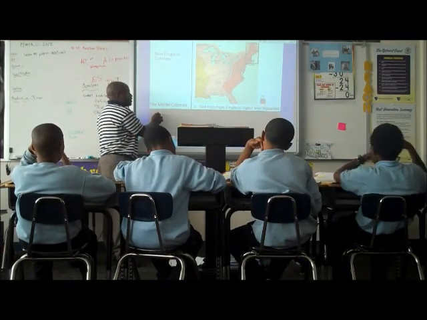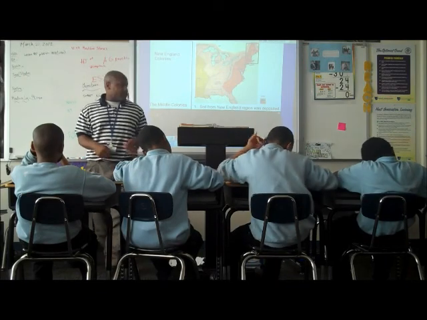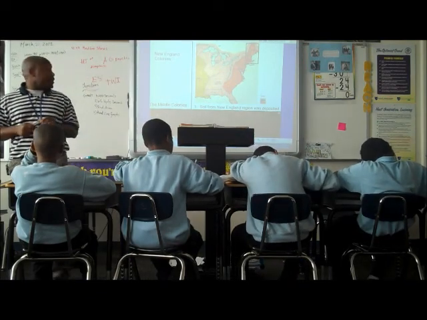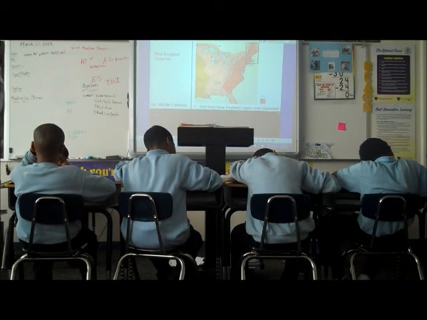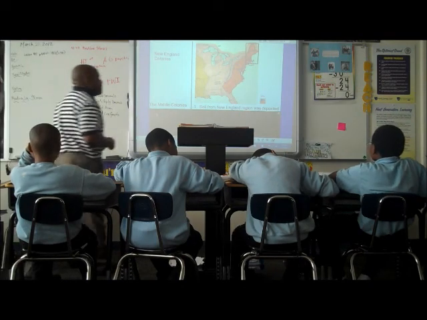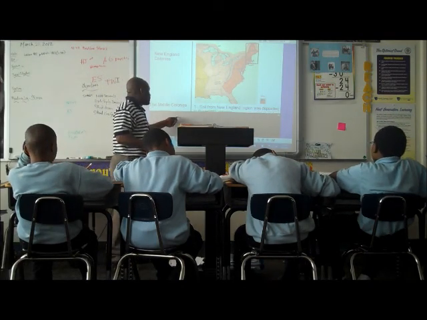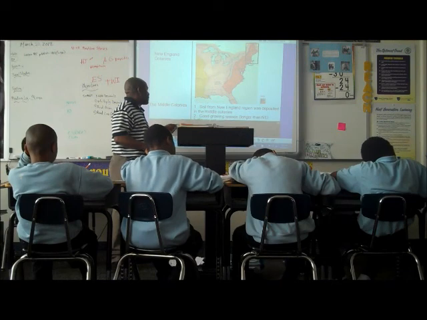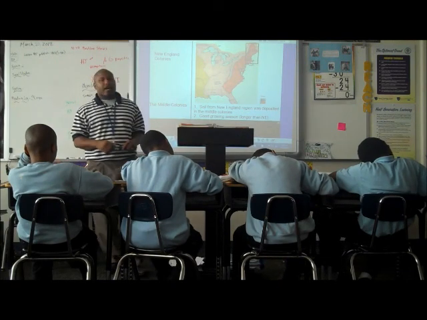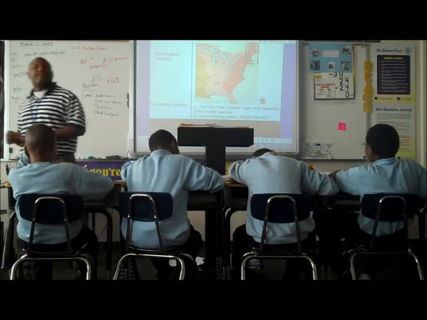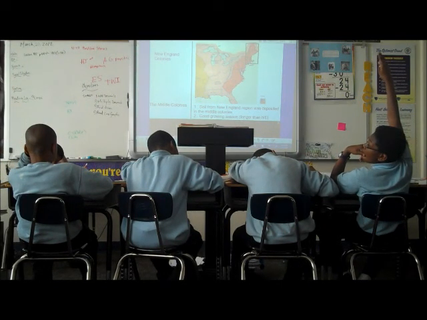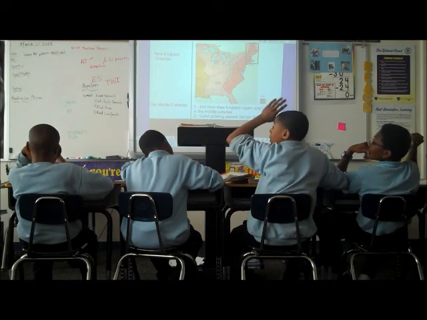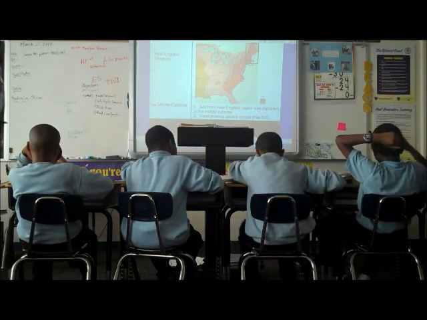Let's move down to the middle colonies. Soil from the New England region was deposited here. The soil from New England was washed down to the middle colonies by those glaciers. And a good growing season. What does that mean, had a good growing season? Willie? It was longer, that's correct. They had a longer time to grow crops.